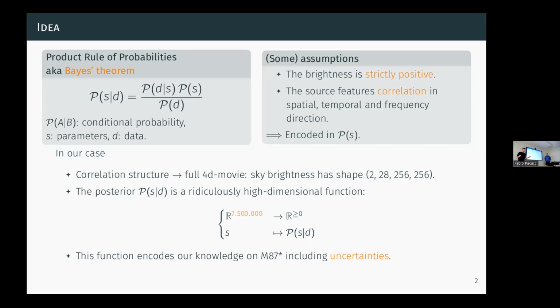And just to throw in some practical numbers, in this case this results in a 7.5 million dimensional inference problem. So the posterior distribution becomes a function that maps from 7.5 million dimensions to a real number,